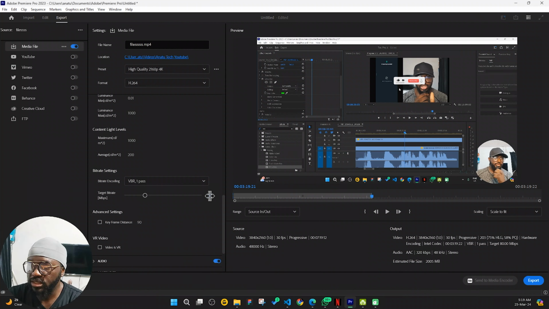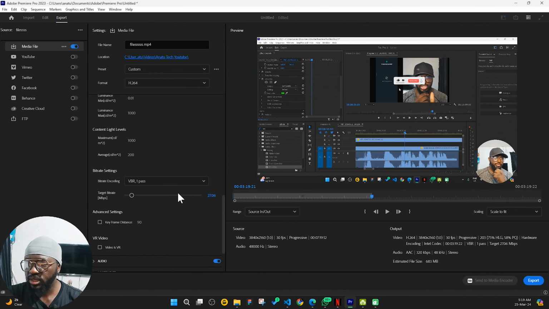For example, by default this is set at 80. You can use this slider to go up, but the higher you go, you realize that your video size becomes much bigger. Like this is 3607 MB now, which is 3.6 gigabytes. If you go all the way up, you have over 7 gig of data. When you slide this back, you realize that the more you slide it back, the less the size of the video comes. So you have